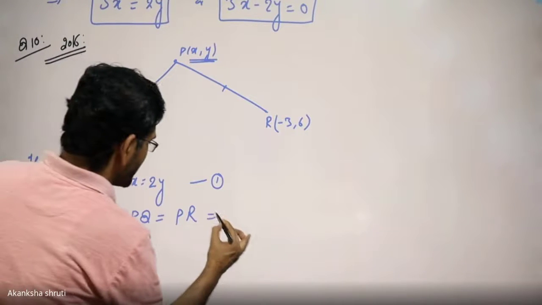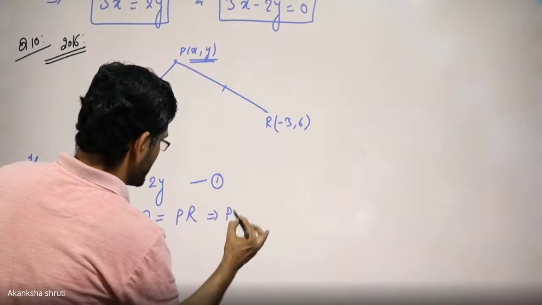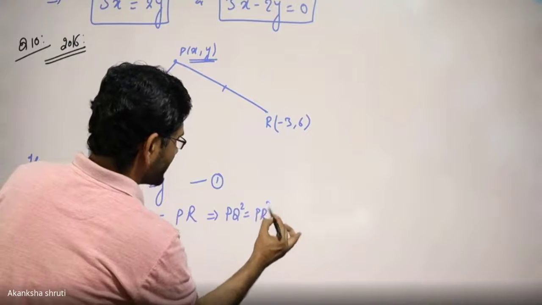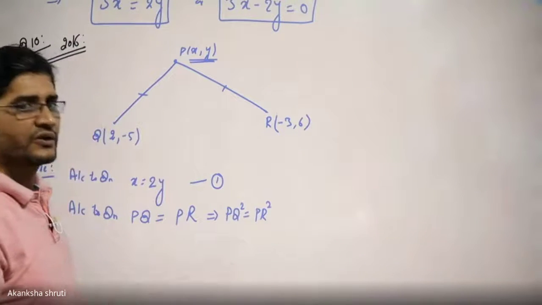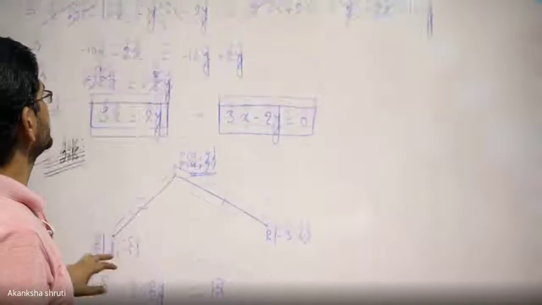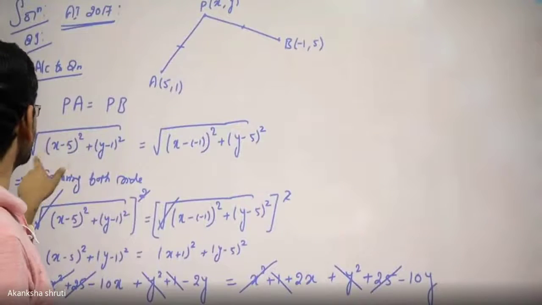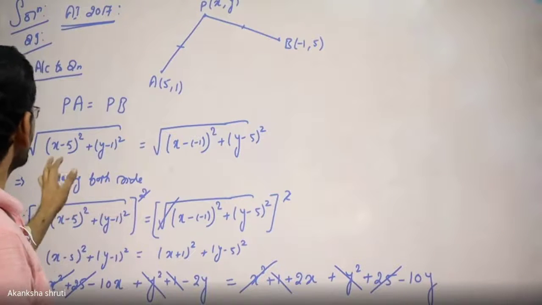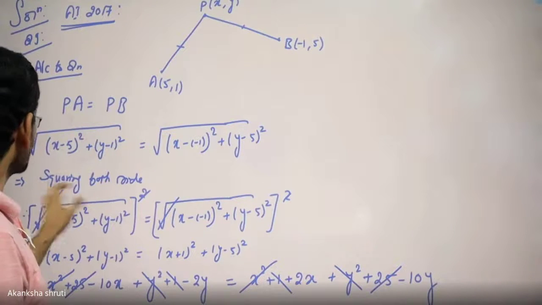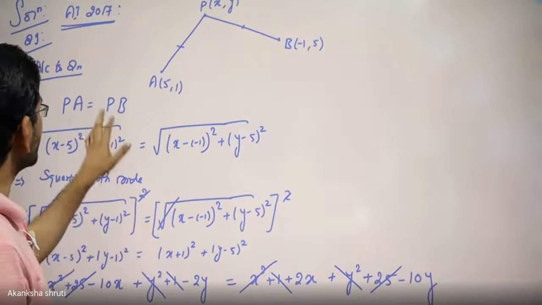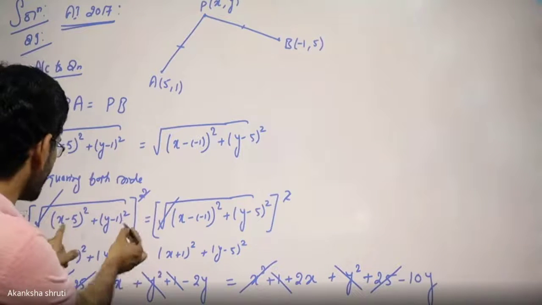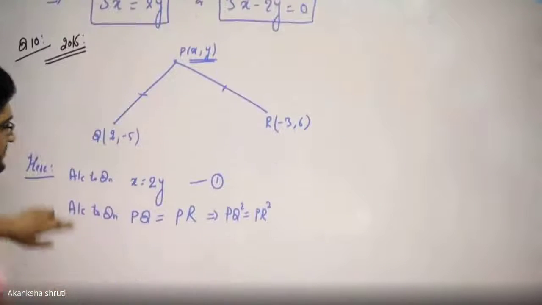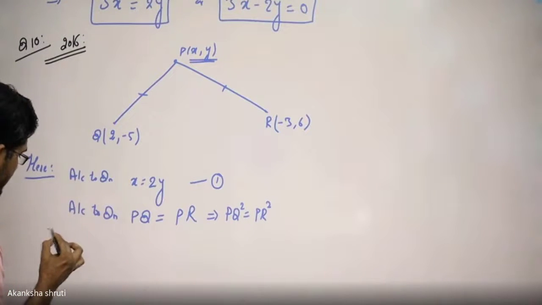It simply means we may write PQ square is equal to PR square. I have squared it to avoid writing the root. Otherwise we may take this in the form of root, then squaring. So to avoid writing the root, then squaring, then cancelling, we can directly take the square and write this way, because on squaring we will be left with this one. Students, so this way we can write here